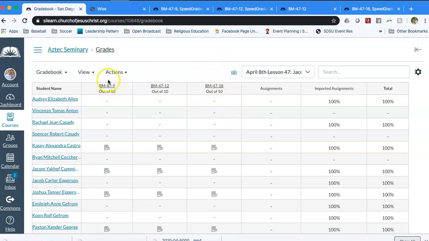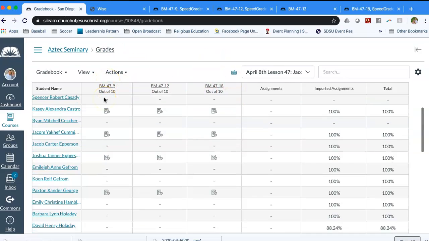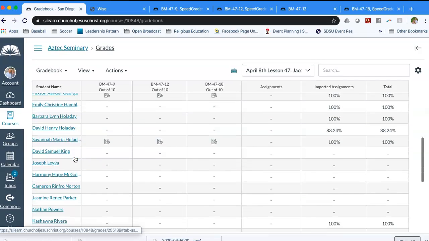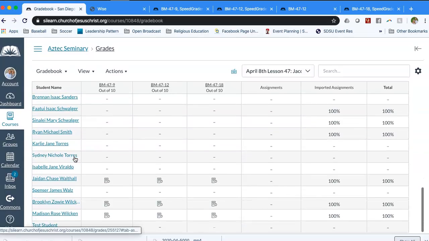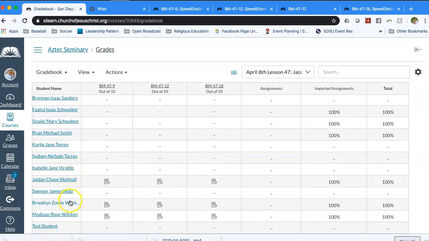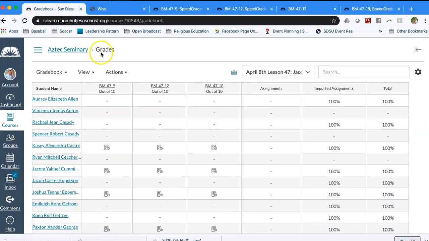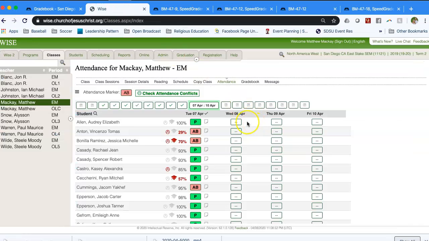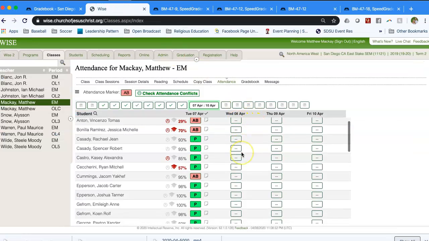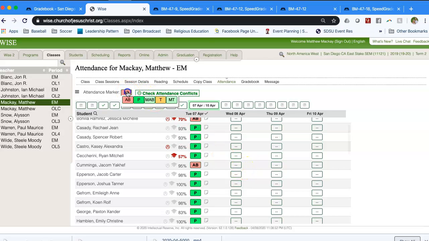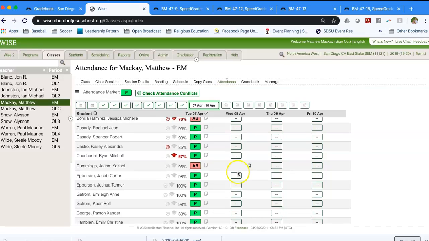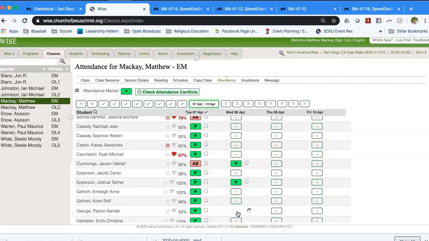So here I am looking down the line, and I see that Casey, Jacob, Josh, Paxton, Savannah, Chase or Jaden, Brooklyn, and Madison have all completed their assignment. And so then I go to Wise, and it's April 8th, lesson 47. So I'm going to go to April 8th, and I'm going to mark it P here. I'm going to give Jacob and Joshua Paxton